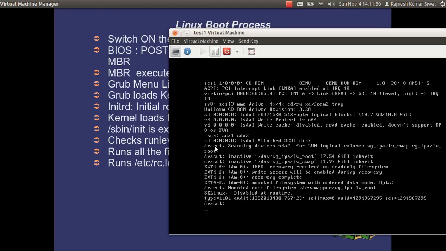Here you can see, okay, the devices have been detected and logical volumes have been found. Now it sees whether the root file system requires any kind of file system check, and now it mounts the root file system in read only mode,